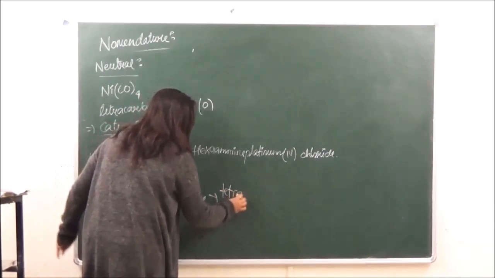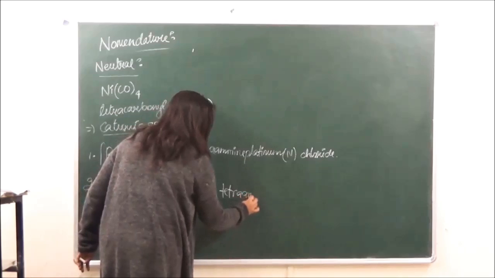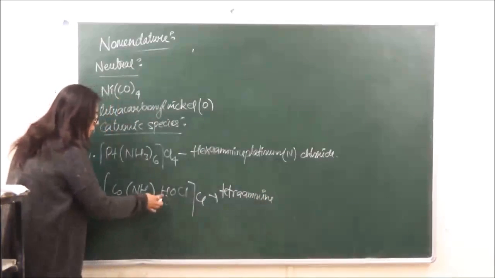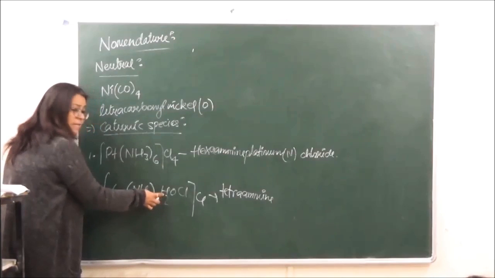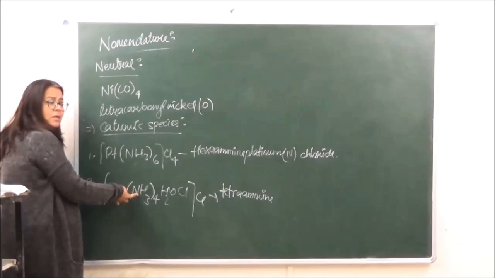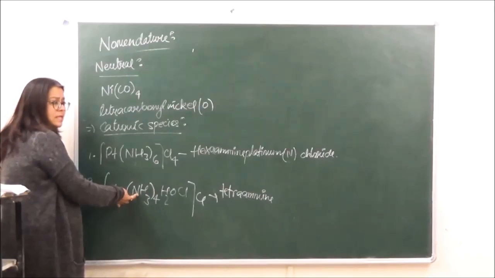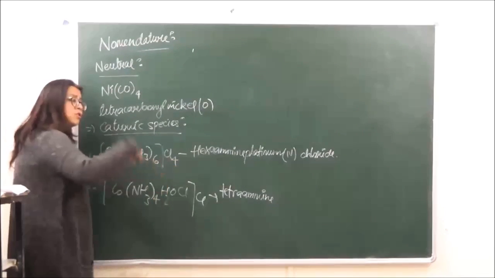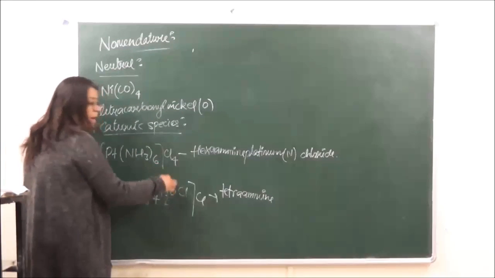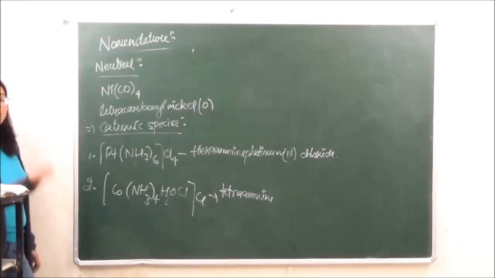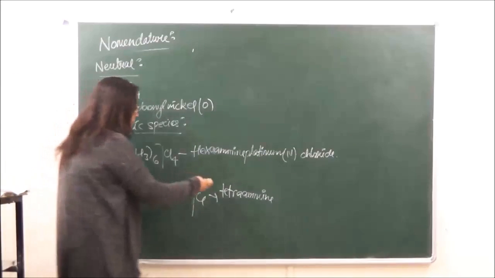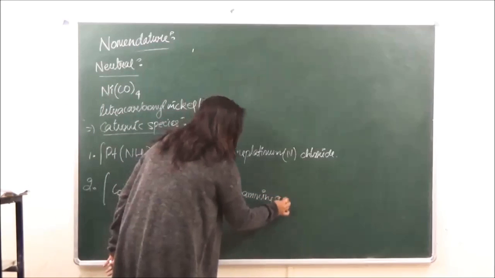We have tetraamine and aqua. They both start with A, isn't it? So then you go on to the next letter. In amine the next letter is M, in aqua the next letter is Q. So M comes first, then Q. Therefore we will name amine first, and after that aqua,